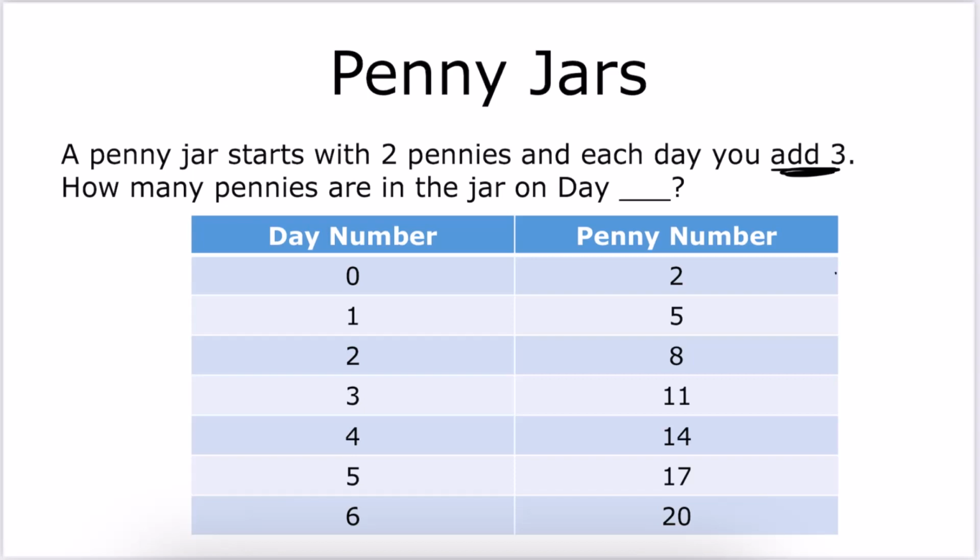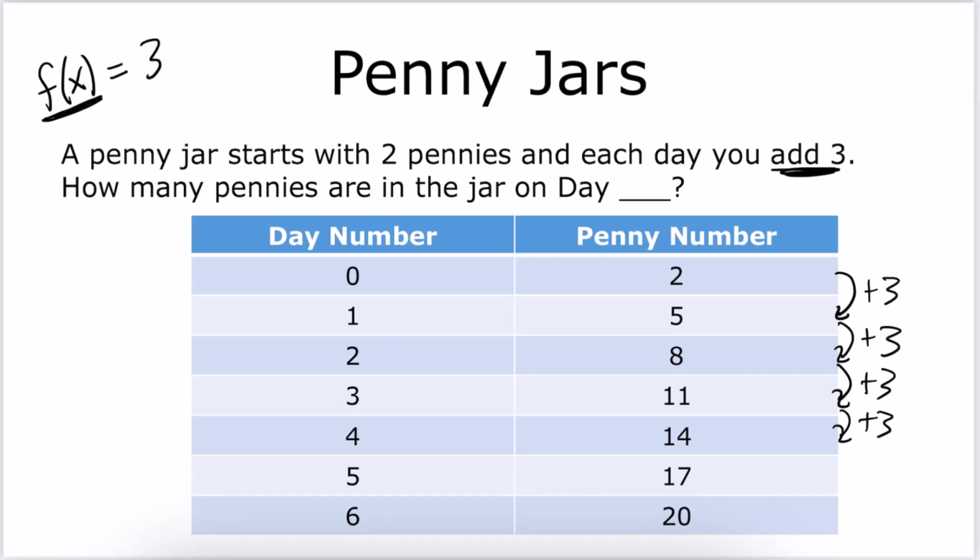So like you add 3 to 2 to get the 5, then you add 3 to the 5 to get the 8, then you add 3 to the 8 to get the 11, add 3 to the 11 to get the 14, and so on and so forth. And the function rule that we found for this example is that the number of pennies, which is written as the output of the function when you input an x, equals 3 times the input, which is the day number,